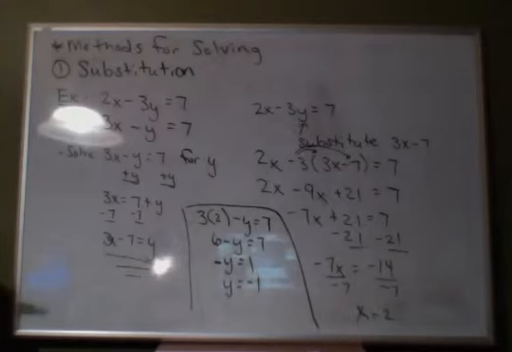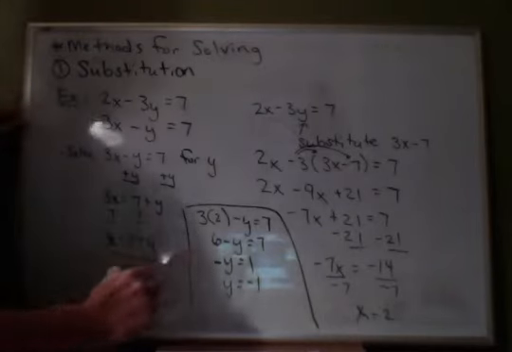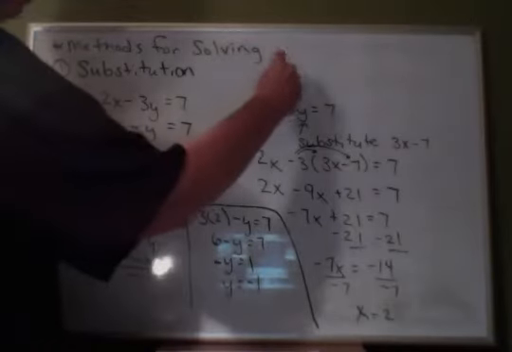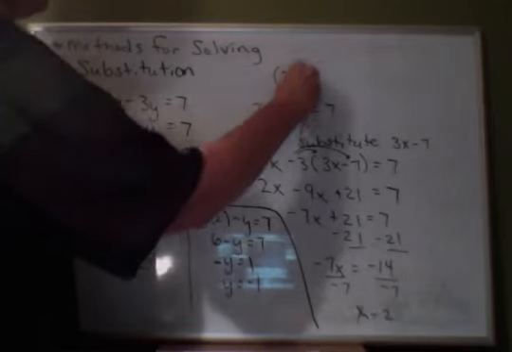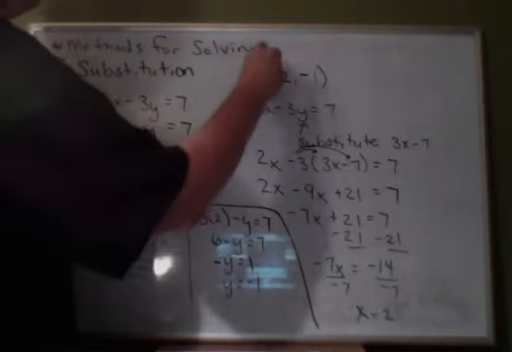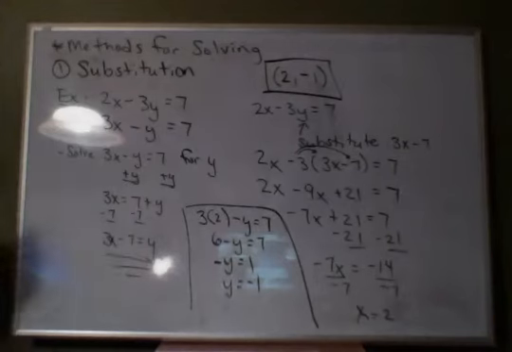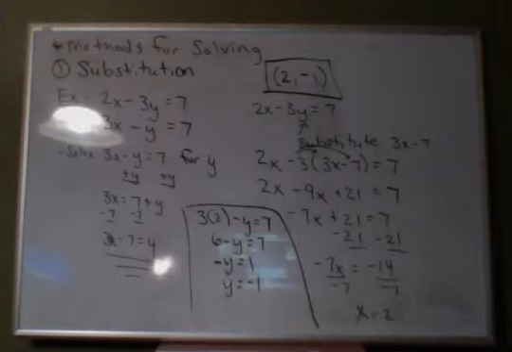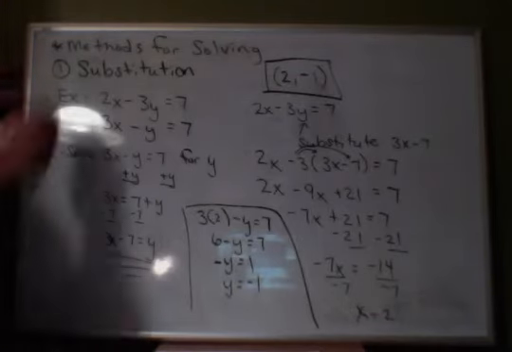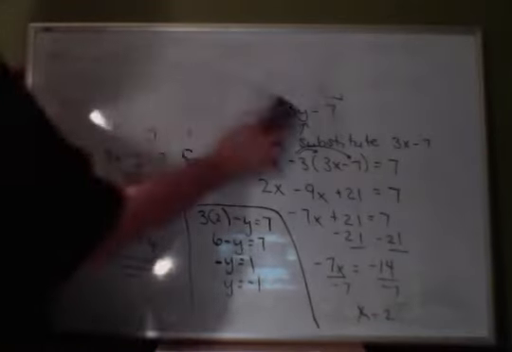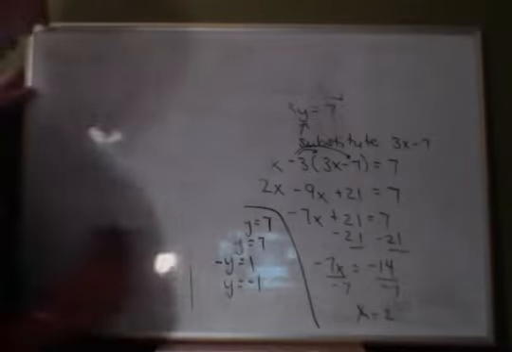So the solution to our system, which we said was an ordered pair, is going to be the point (2, -1). Okay? And that is how we use substitution to solve a system of equations. Again, this should be pretty straightforward in review for you, so hopefully this was a good refresher. Okay? All right, we have another method that we use, and you may have heard it called a couple of different things,